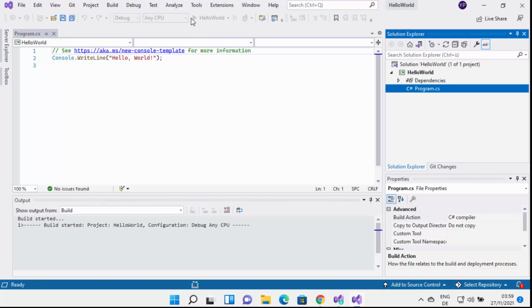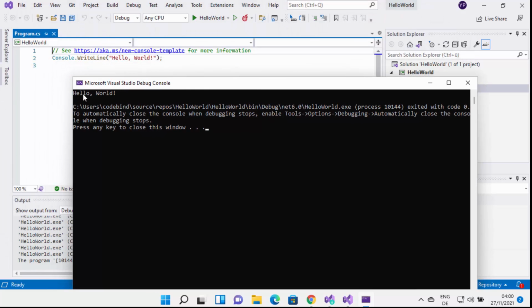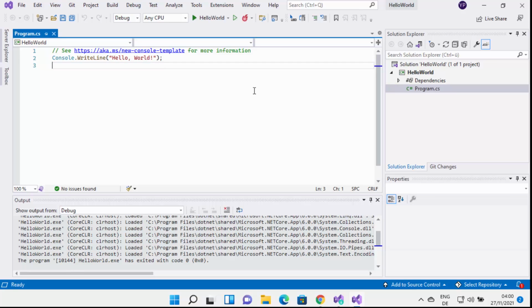So when you click on this green run button, Visual Studio is going to compile or build your project, and once the build is successful, Visual Studio is going to run your project. So now I can see that the build was successful, and I can see the result Hello World here in the terminal, and that's what I wanted to see. So everything is working fine on my Visual Studio IDE, and now I can use my Visual Studio IDE for